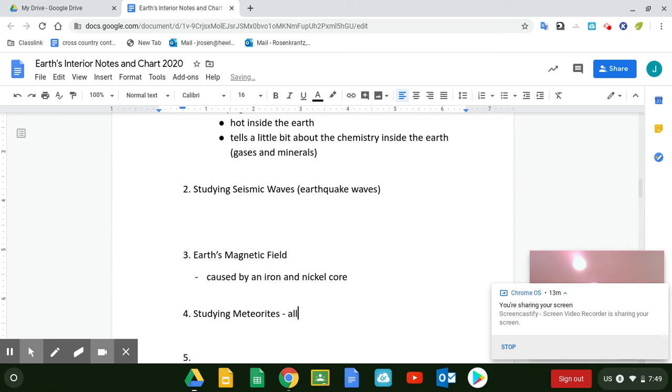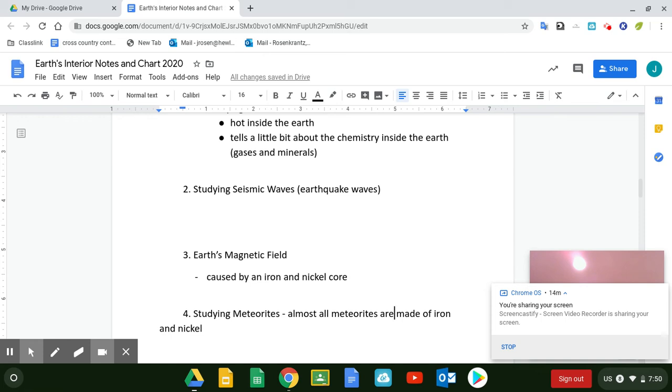Almost all meteorites are made of iron and nickel. So we really don't see any cobalt in our solar system, very little. So we make an assumption that, hey, we don't see it in the solar system, we don't see it in the crust, we doubt it's that element inside the Earth. We could be wrong. But the fact that almost every meteorite that hits Earth is iron and nickel, and since the meteorites, if you remember from earlier in the year, formed from that big nebula that formed the rest of our solar system,